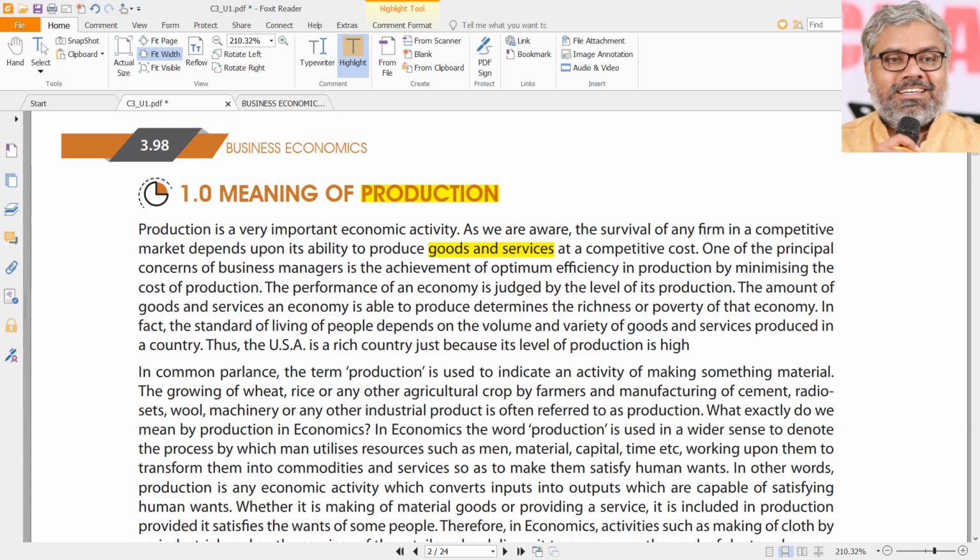Of course, for any organization, what is their general objective? Everybody wants to manufacture or produce goods or services, and they want to sell them at a profit, naturally. And they attain such profitability by having a lower cost. That is what their objective will be. And so naturally, for any organization, production is the core area of operations.